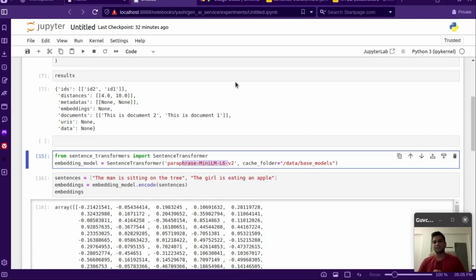In the next video, we'll put together whatever we have discussed till now, the retriever system, and we'll build a proper RAG pipeline which takes a question and gives the final answer, not just the